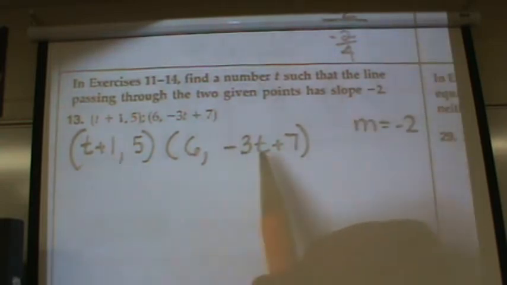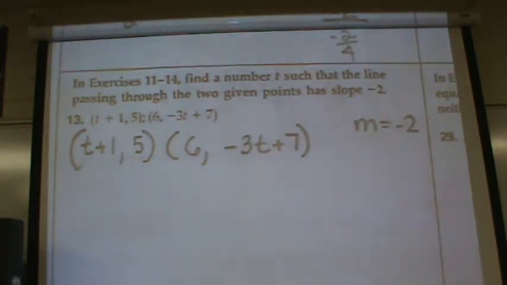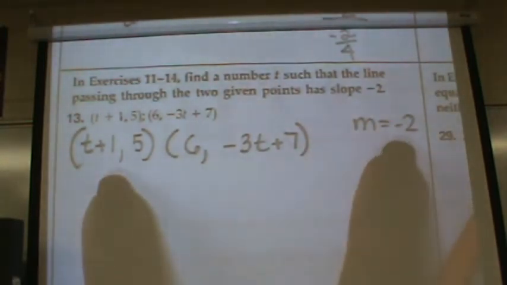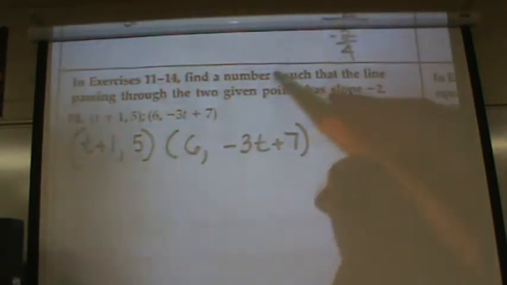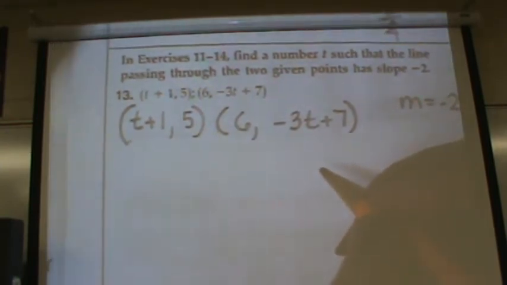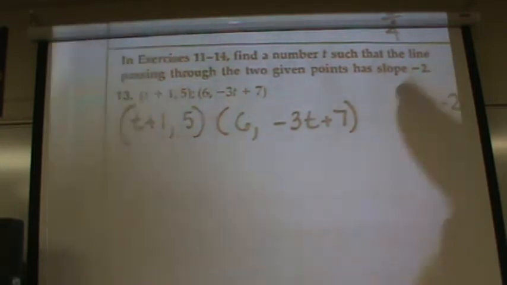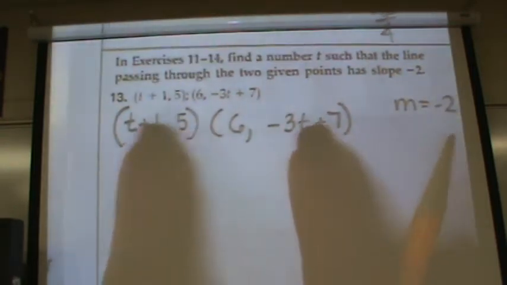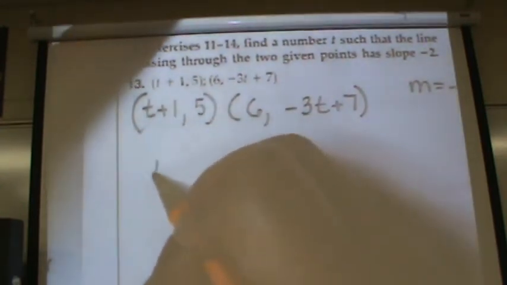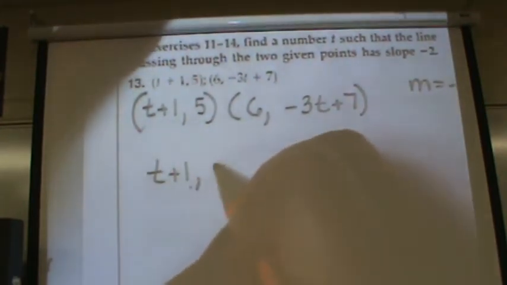I want to know what t would be so that the slope of this ordered pair is negative 2. Well, what is the definition of slope? It's the difference of these over the difference of these. So if you wanted to do your slide thing, t plus 1,